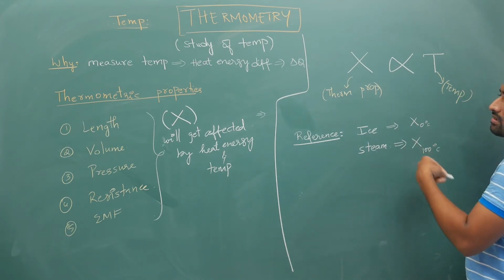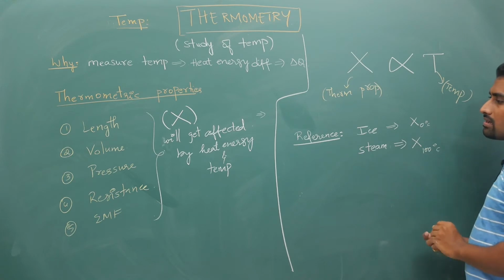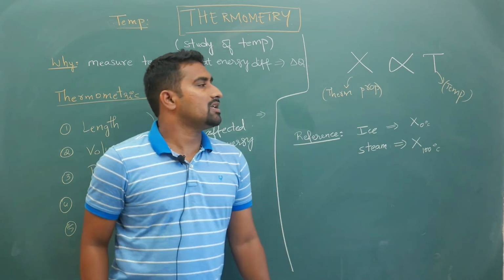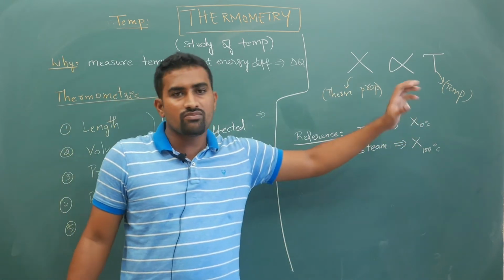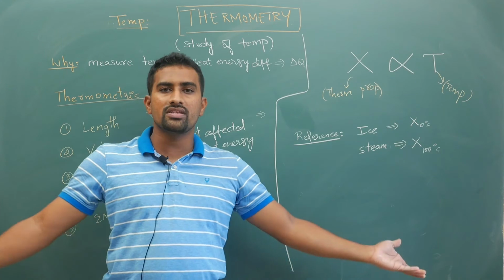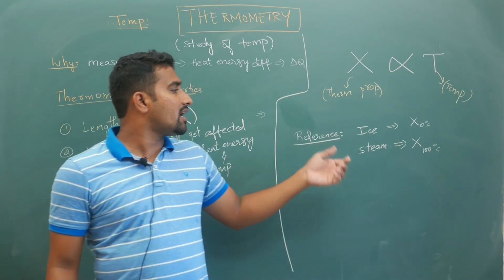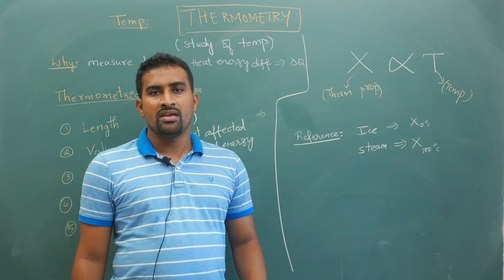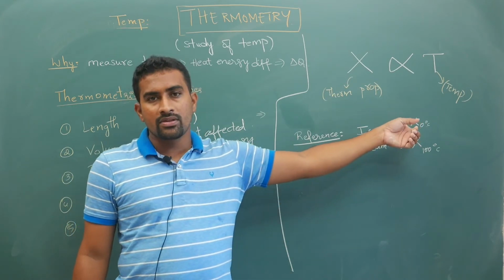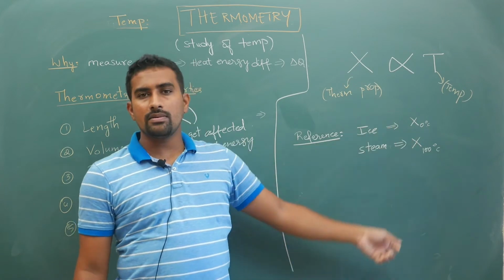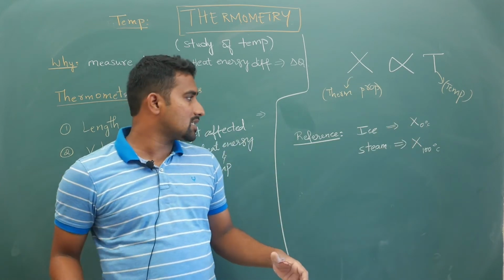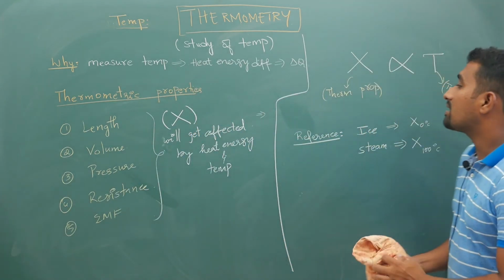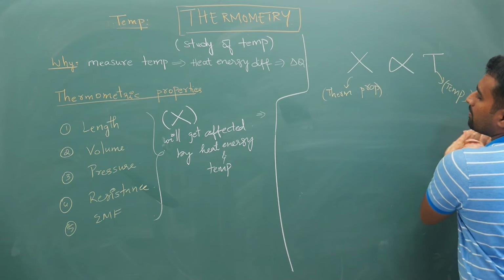In Celsius scale, you can do a lot of other scales, but for now just understand that the thermometric property for the reference scale at 0 degrees, something we have to call it as 0, you cannot call everything to be 0. So we usually take ice point as 0 and steam point as 100 in Celsius scale. If it is Kelvin scale, 0 will be 273 and 100 will be 373, it depends upon the scales. But for reference sake we will take this, and we will try to measure the temperature.